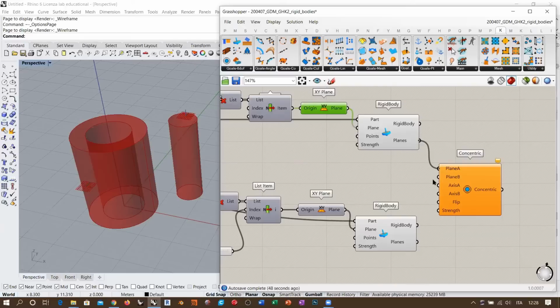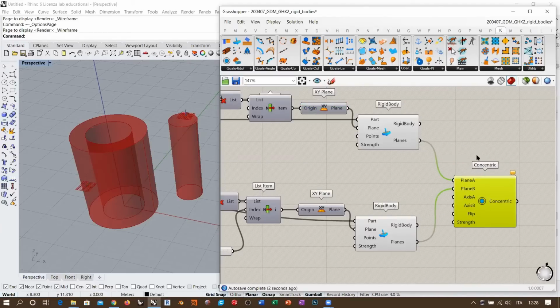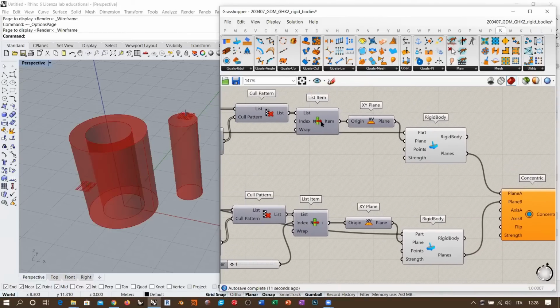So I can also use plane A and plane B coming from the rigid body. Now, Concentric also needs what axis is going to be used as the longitudinal axis. And then once we have this list item here and list item here, which are two points,